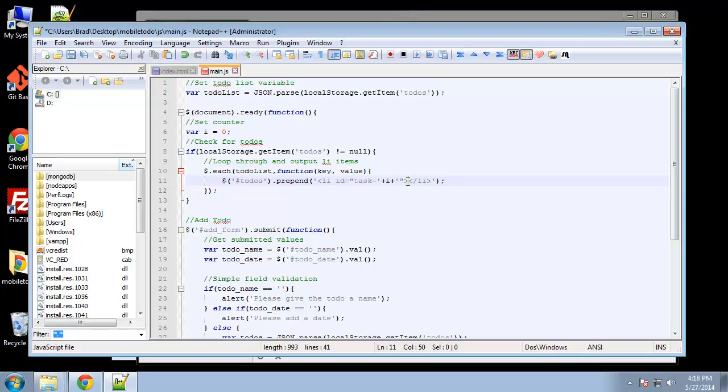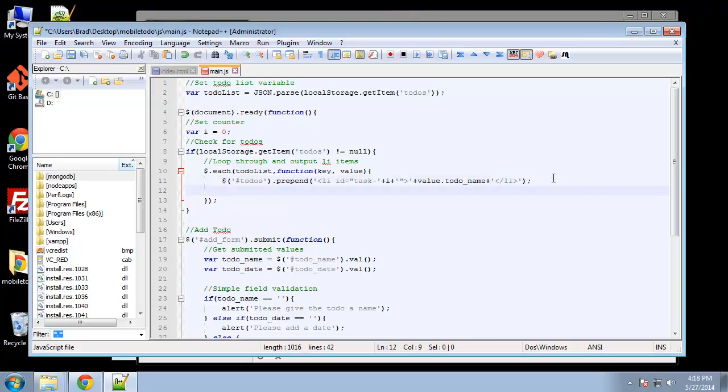So basically, we should be able to put some JavaScript in here, and we should be able to say value.todoname. Alright, so hopefully that'll give us a list with each name of each to-do. Alright, and we want to make sure that we increment this, so we want to do i++,